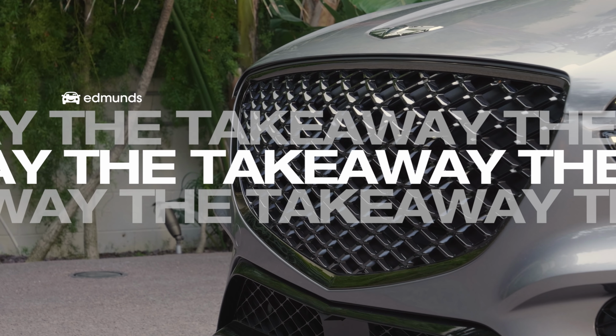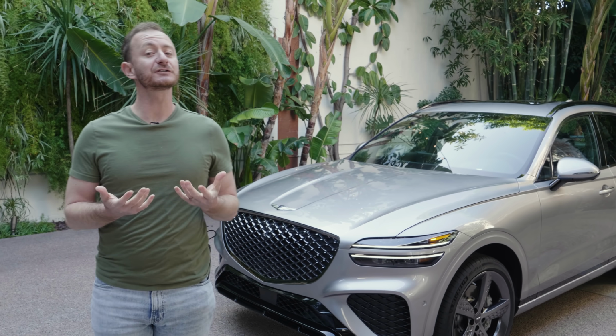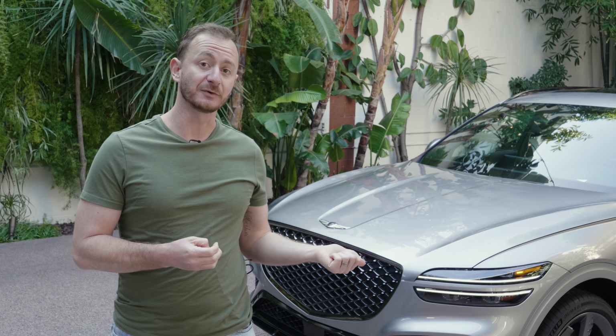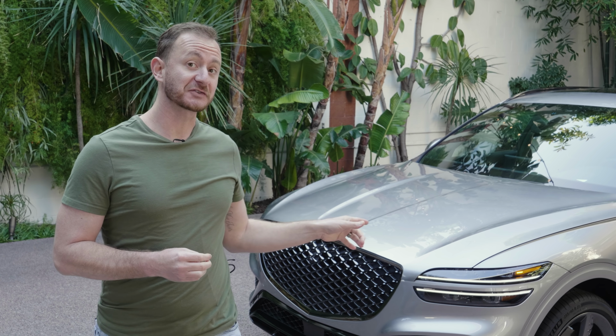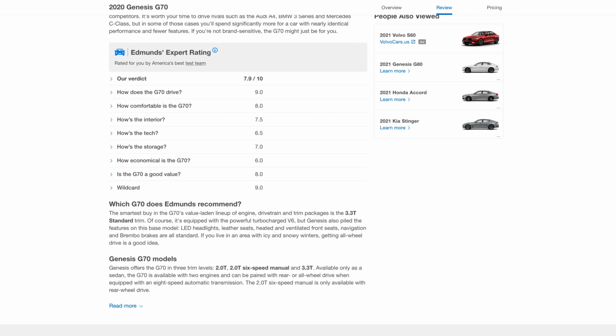Given that we've only had a short time to make brief introductions with the GV70 today, it's difficult to assess how it will rank against its competition in the segment. Yes, we really like the engines that are available here, but the GV70 will have to have a better overall driving experience than the GV80 did to really impress us. Now, if this can drive like the G70 sedan on which it's based, then the GV70 could find itself in